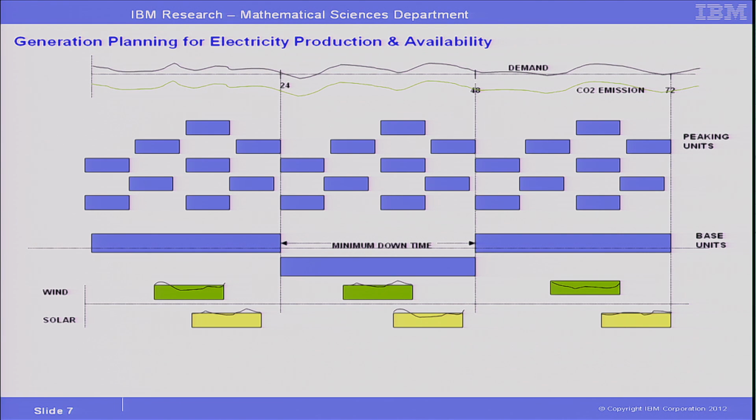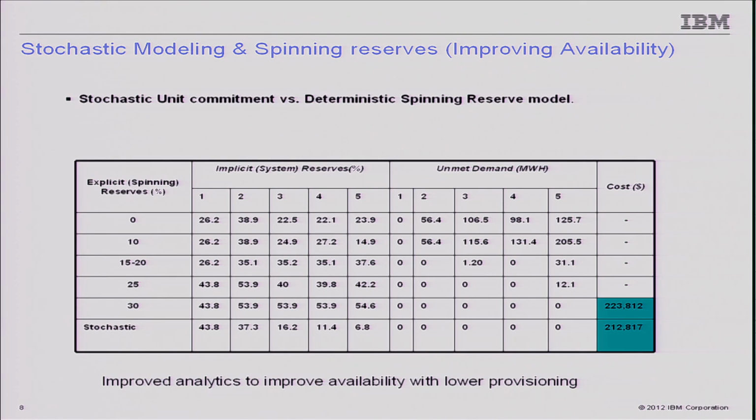Add to this renewable energy, which often is being regulated as being required, you have higher intermittency for which you need to provide higher spinning reserves. And of course, the question is if we added more spinning reserves, it might actually have a higher impact on the carbon footprint. And the question is, can we actually improve the way we do analytics to allow us to model the stochastics that happen with this